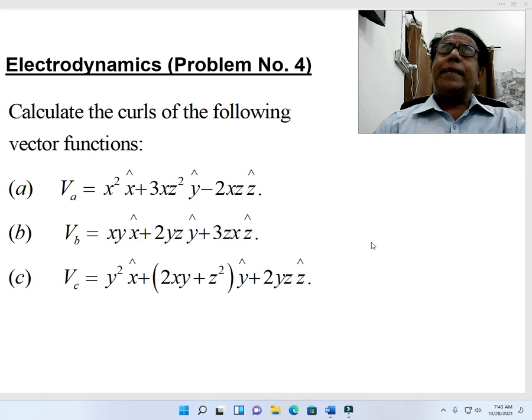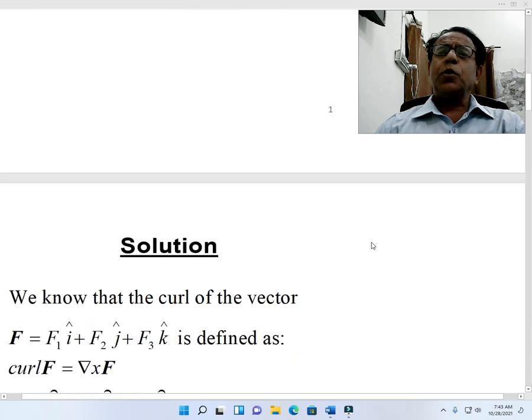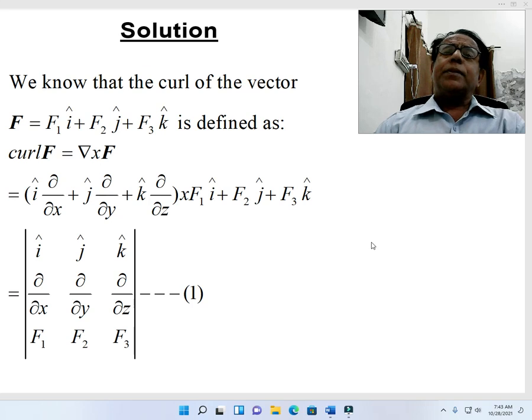Dear students, these x, y, z unit vectors can also be denoted by I, J, K. Okay. It is just a matter of discretion. Now we come towards its solution. Here, dear students, in this screen we are just defining curl. After defining this term, that is curl, we will put the given values in the statement in this definition and we will get our answer. Okay.